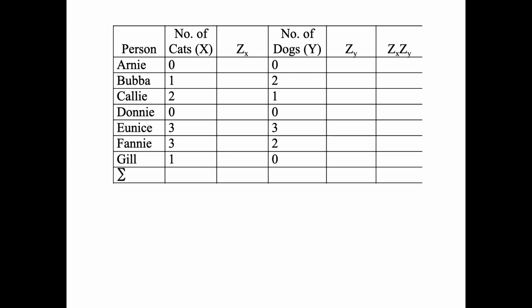I need to know the z-scores for all the x's. I need to know the z-scores for all the y's. And then once I have each of those z-scores, I'll go ahead and come up with the cross product. Before we do that, though, let's go ahead and look at the scatter plot, or as the textbook calls it,